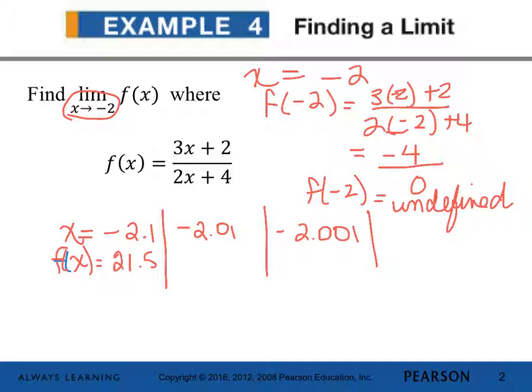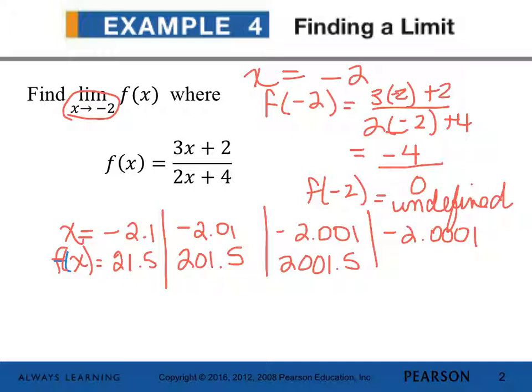And when we plug in negative 2.01, we get 201.5. And when we do negative 2.001, we get 2001.5. And if we go one step further to negative 2.0001,